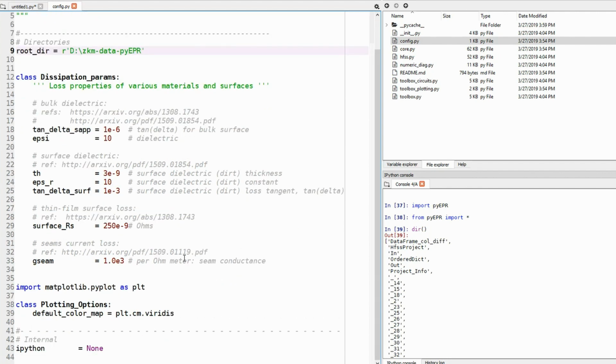Other parameters you can modify in here or throughout the text are dissipation parameters. For instance, the loss tangent of your substrate, which here is specified for sapphire, chosen 10 to the -6, the dielectric constant of the substrate, as well as surface dielectric participation ratios for interface layers, thin film surface loss, the kinetic inductance, here measured 250 nanoohms for superconducting thin film aluminum, or you can also modify things such as the seam loss and so forth. These are described in more detail in other places. For plotting, we'd use matplotlib, and there's some options